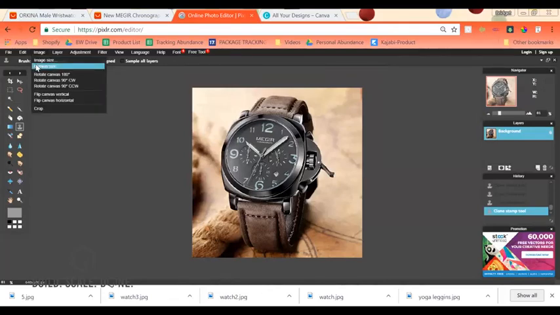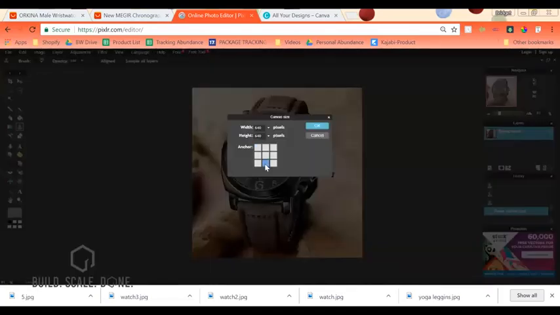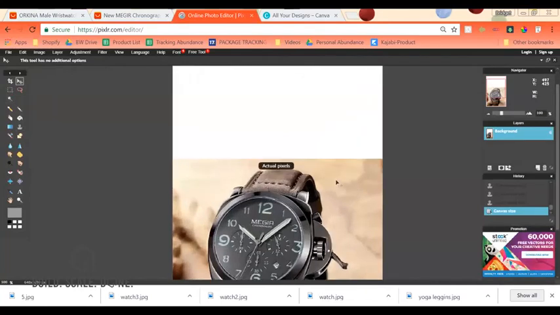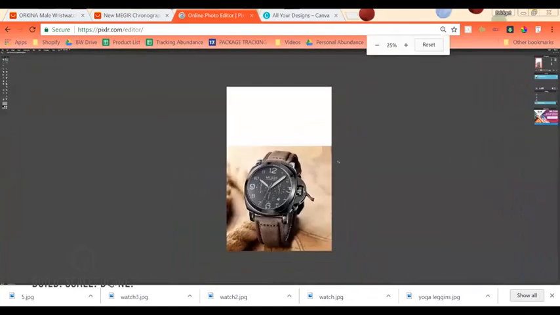So let me show you what I'm going to do. The canvas anchor is going to be right here. I'm going to make the height a little bit longer. I'm going to make it, let's say, 1,000. Okay, so 1,000. Now you see how this empty space is completely white and it's not matching with the whole